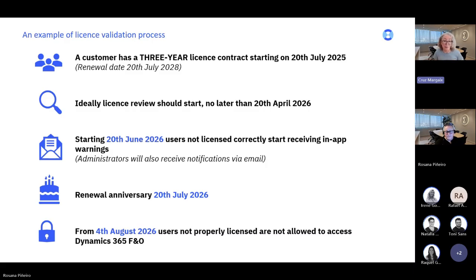That means that starting 20th June, in a few days, users for this customer not properly licensed will start receiving these warning messages, and administrators will also be warned via email about this